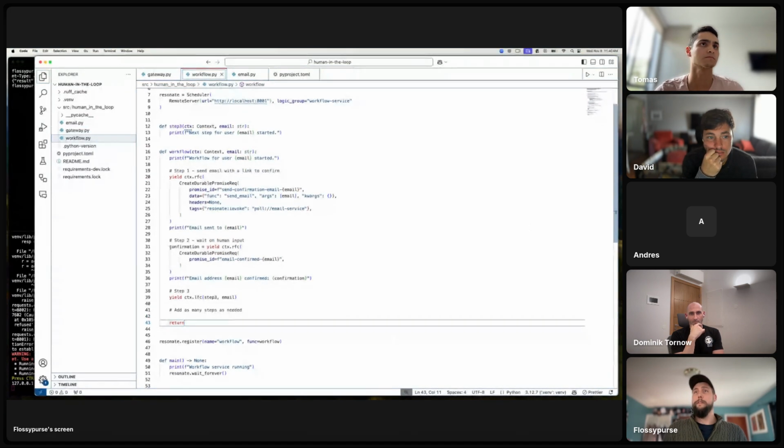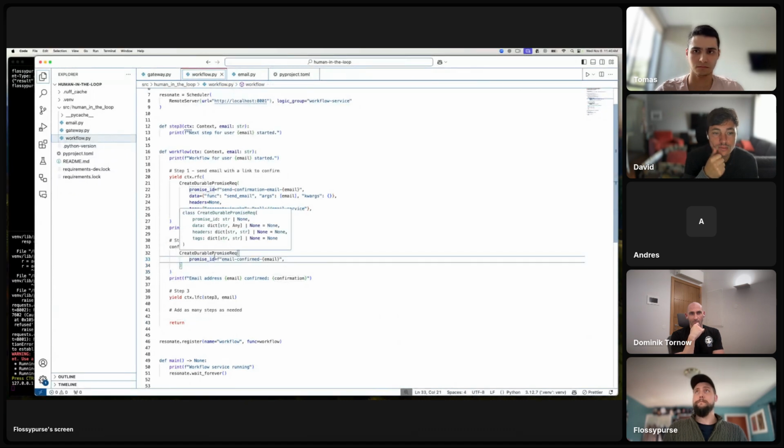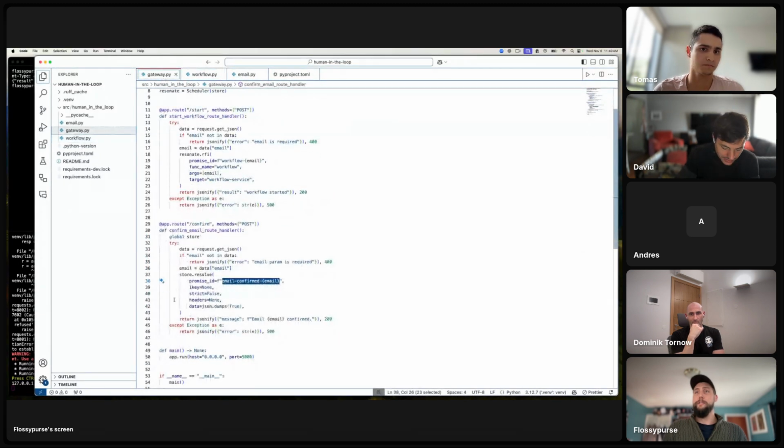this right here. The workflow is now waiting on confirmation, basically on this to resolve. We need this promise to resolve to unblock the workflow.